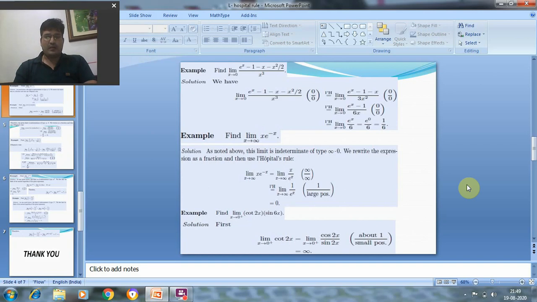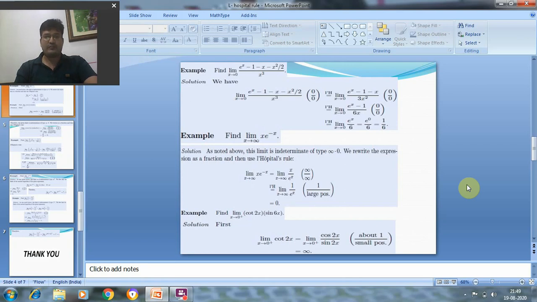So I'm here again and we will discuss now the extended part, or the second part, of L'Hopital rule. In last class we discussed the L'Hopital rule, when we can apply it for finding the limits in indeterminate forms. Now today we will discuss that we can apply L'Hopital rule for indeterminate forms other than plus minus infinity by plus minus infinity and 0 by 0.